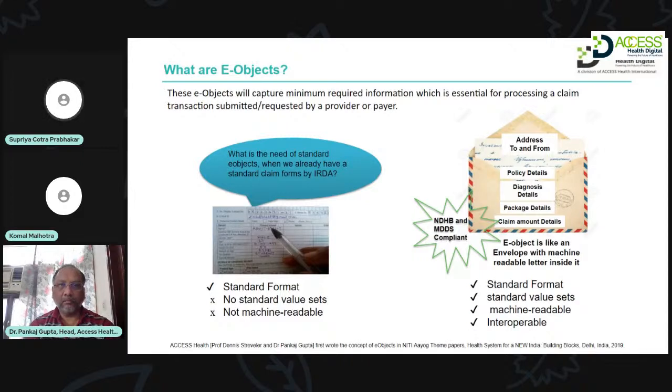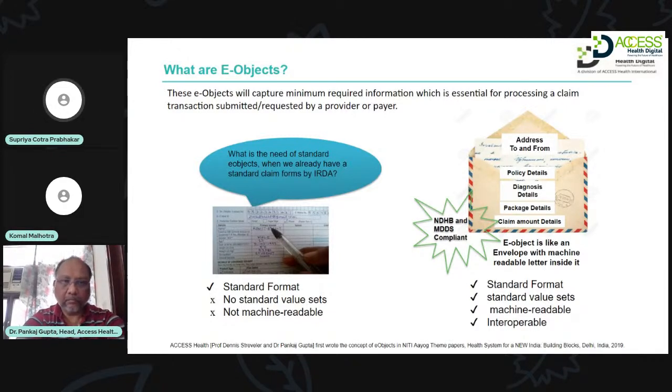You can imagine this to be an envelope of information where it has a to and from address, which says where the information is going to and who it's intended for. For example, if it's coming from a particular hospital, it needs to say which insurance provider it's intended for, and all these identifiers like the hospital ID, the insurance ID, the beneficiary ID, the patient ID, all of these identification information is sent in the header, which would ideally be sitting in one line in the header portion of the